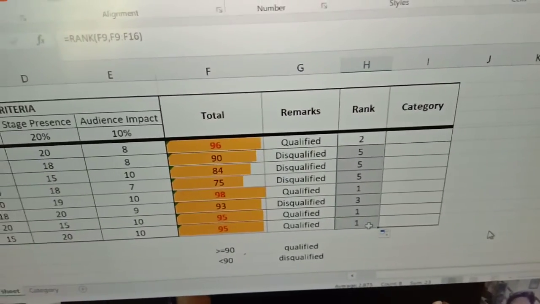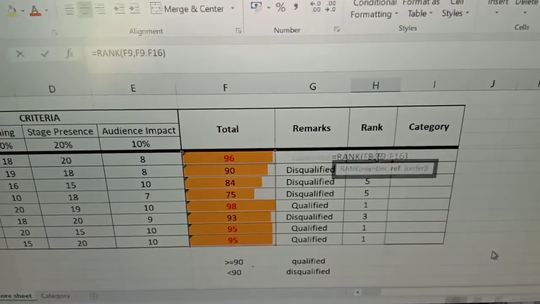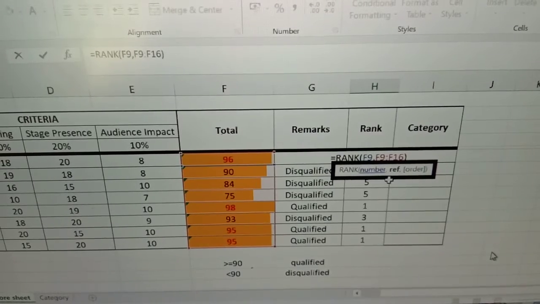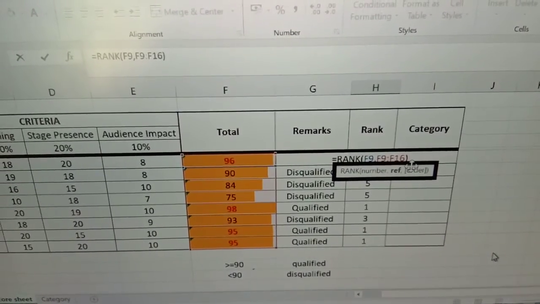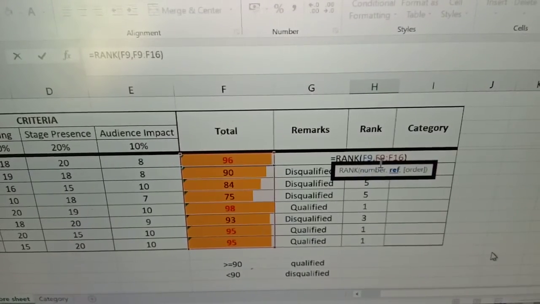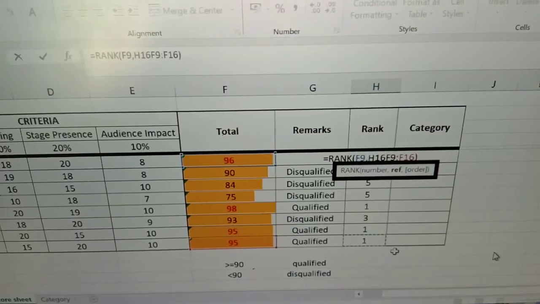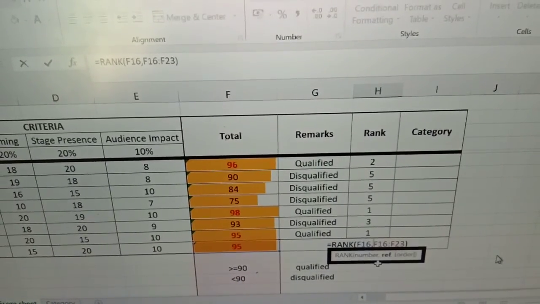So the question here is why. If you're going to look at the reference in our original formula, our reference is F9 to F16. So this is our range for the reference. If you're going to look at this one, the reference is F